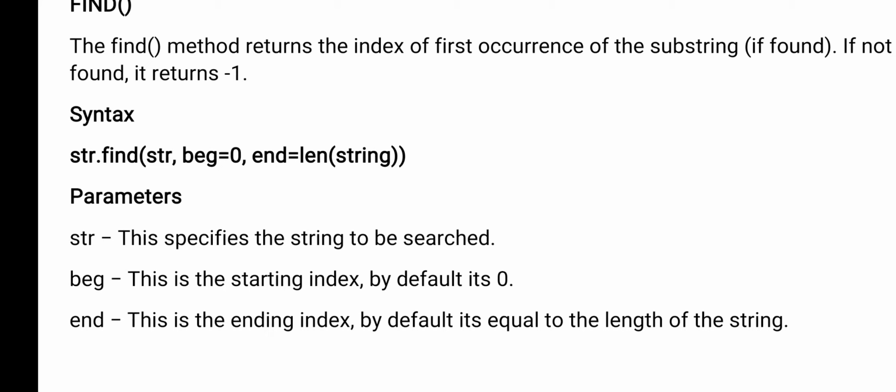Next you come to the syntax, string dot find. The find function is used to find the given substring in the main string. If it is there, you will get a true or else you will get a false. It takes three parameters. The first one is a string, comma beginning, comma end. End is nothing but the length. So you see the three parameters. The string specifies the string to be searched. In the bracket, three parameters are there: str, beginning and ending. What is the str? Whatever string you want to search, that is the str.